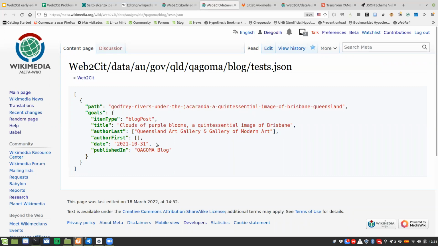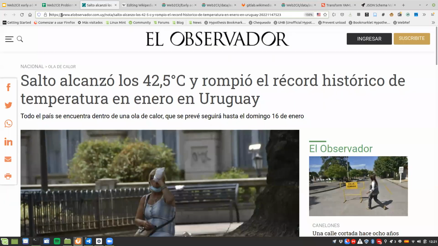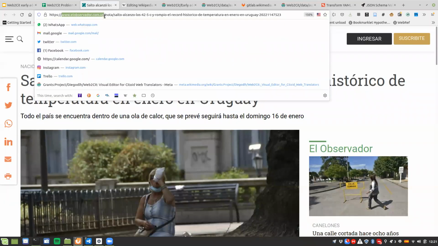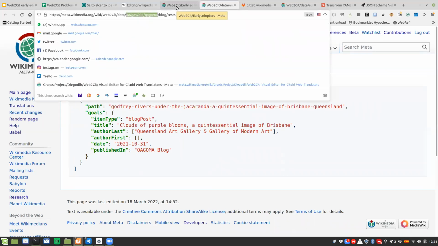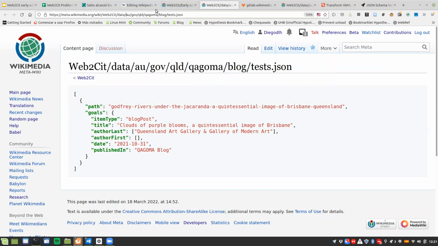And as we explained in the early adopters guideline, to do that, what we have to do is use the domain and write the path inverting the hierarchy. That is, we start with the top level domain, and then we go from left to right, further down in the hierarchy. So let's copy this. Yeah, and here. In case you have doubts, you can see that in the example already, right? Yeah, exactly. So the example has been written for the domain